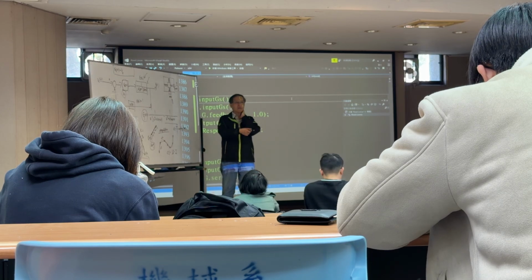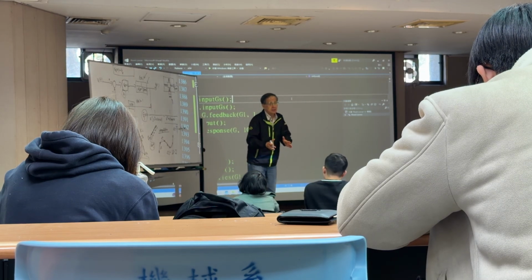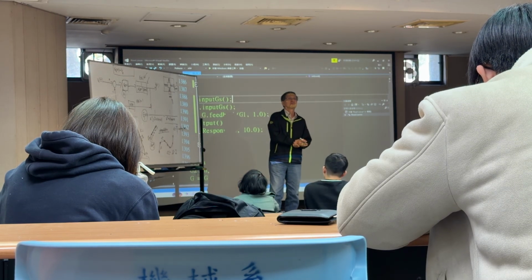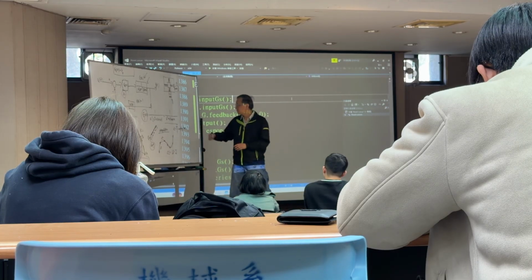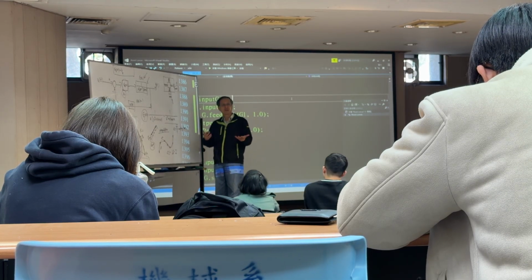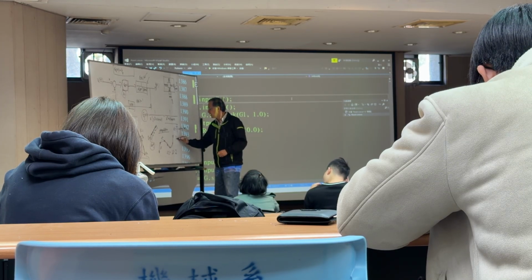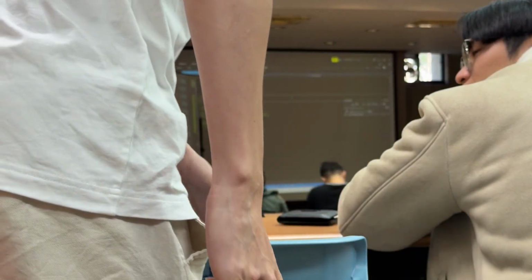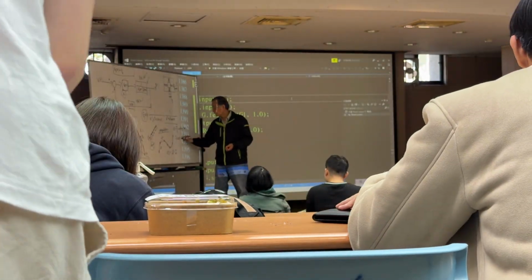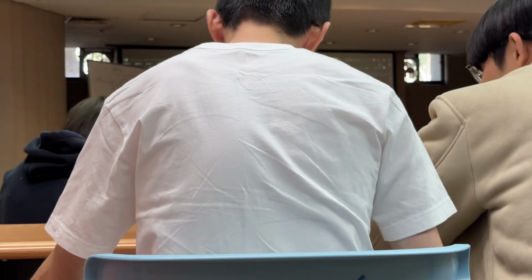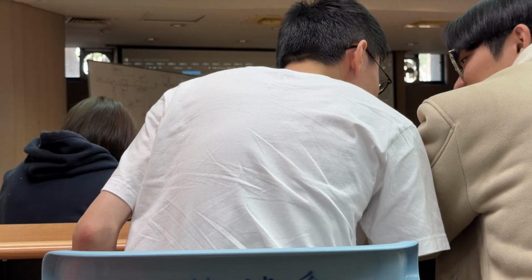And the sampling time is usually fixed for a machine tool controller. The sampling time T is usually fixed. So in this problem, we can let T equal 0.005 seconds, or sometimes it's 0.01. So let's just use